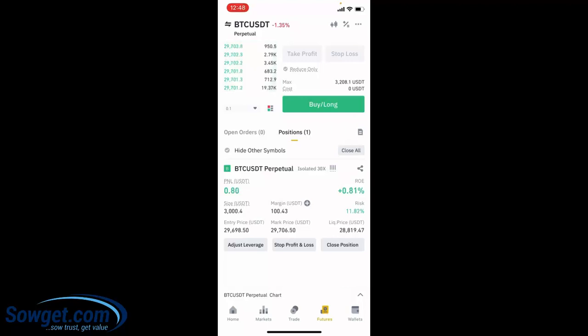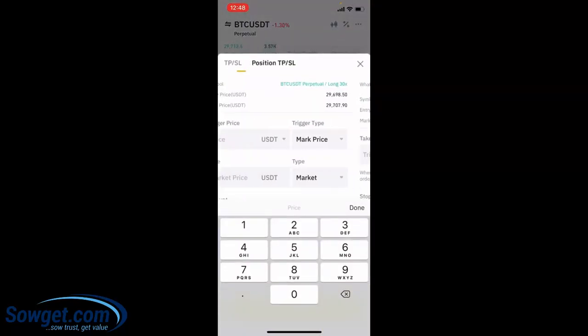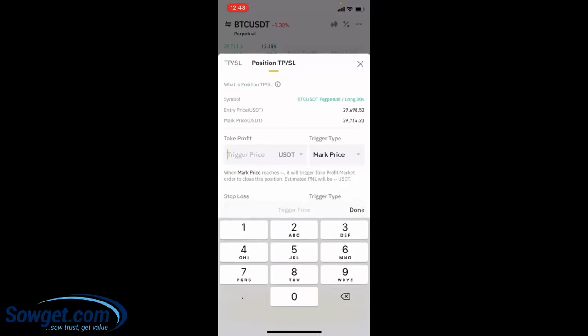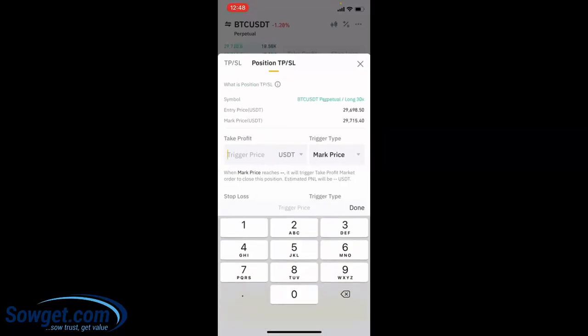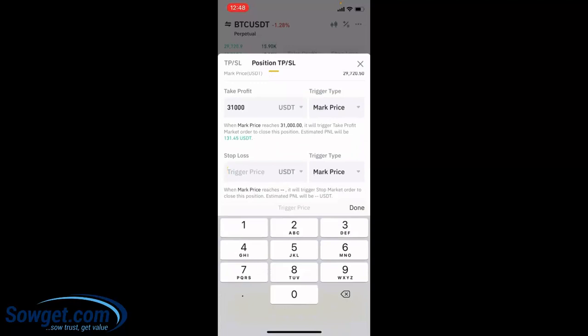So let's say, for example, you want to set your take profit and stop loss. Just come here to where you have stop profit and loss and tap on it. And then you tap on position take profit or stop loss. And then just come here. So your take profit will be, let's say we want to put our take profit to like $31,000, for example. And then our stop loss should be around, let's say,